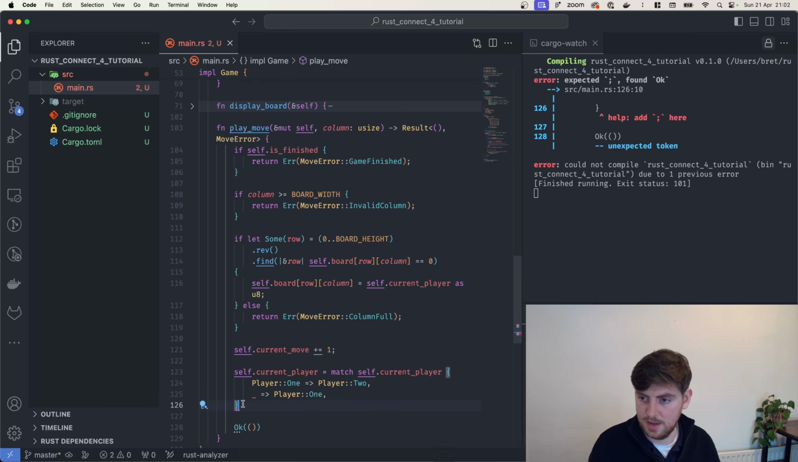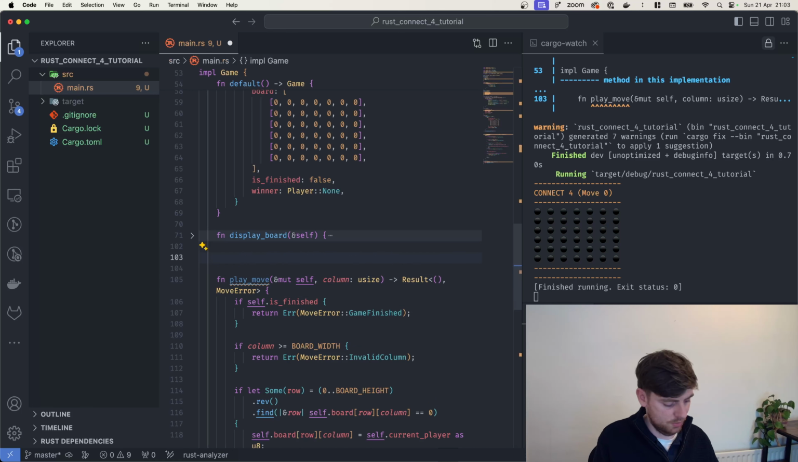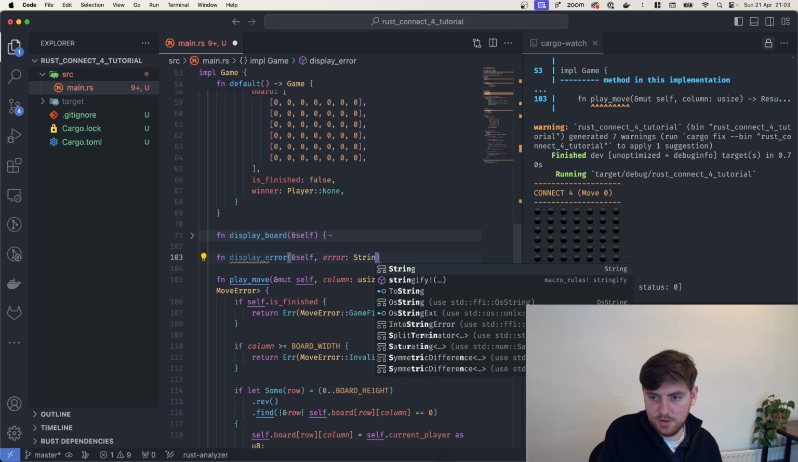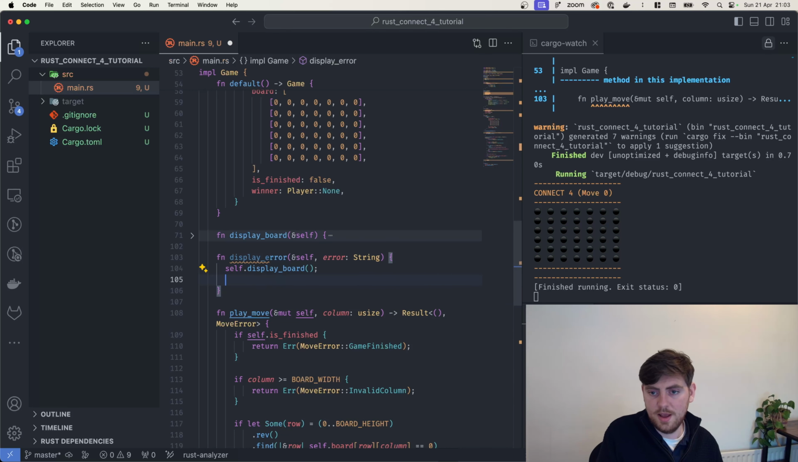OK, and one semicolon. So this returns the errors, but it doesn't print them. For that, we can create a small display error function. So we'll say display error, and this will take the error as a string. We'll display the board in the error state, and we'll print an error, make it red. So I'll have those curly braces for the red color error, and then 2 more. So it's red, and the second curly braces, that will contain the error, and that will reset the